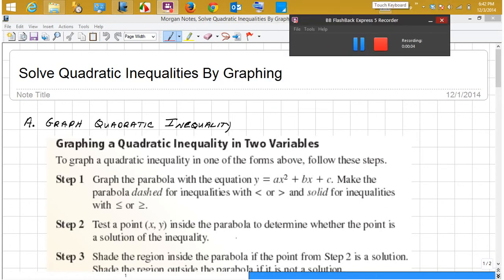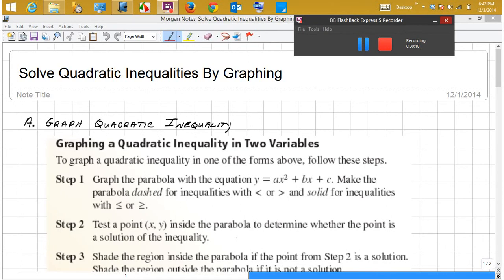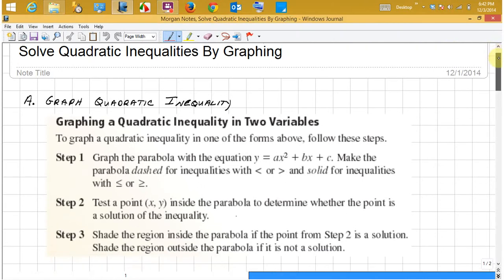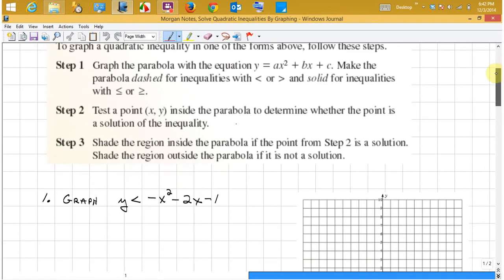In this lesson, we are going to be solving quadratic inequalities. And what that really is, that's going to be a graphical solution, because we're dealing with inequalities, and as we did with lines, these are going to have shading. So let's review the steps. And this is going to be remarkably like how we graph